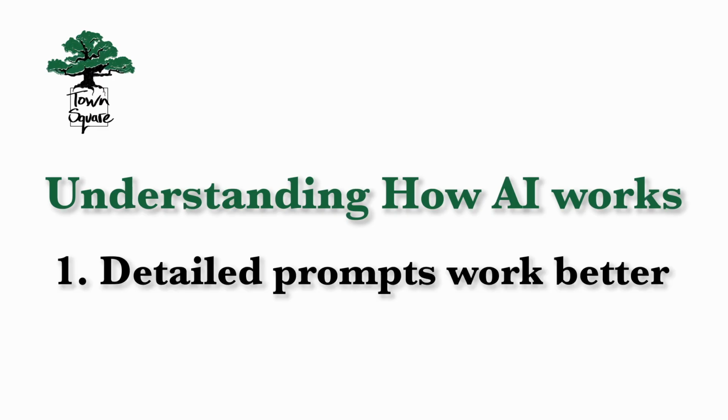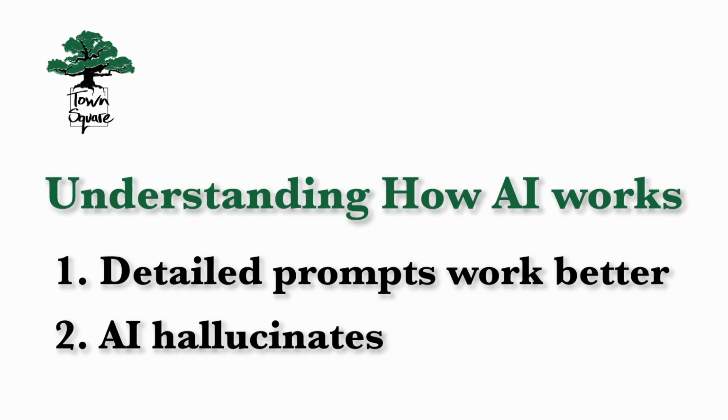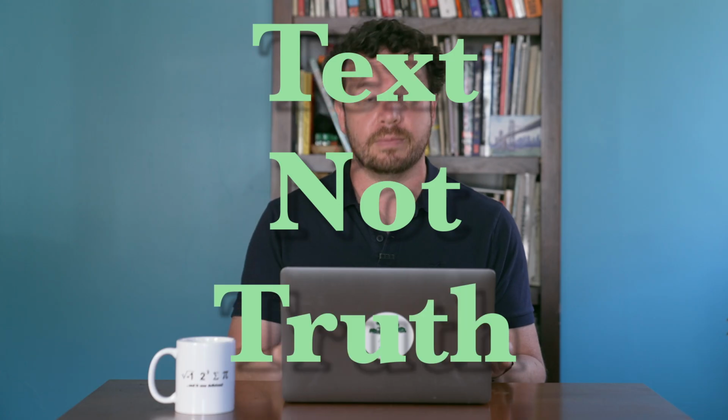So why do we care? Well, understanding this process is important for a few reasons. First, it explains why detailed prompts work better. You're giving the AI more context to make more accurate predictions for what you actually want. Second, it helps us understand why AI can sometimes hallucinate, which is just the tech industry's way of saying it makes mistakes but sounds really confident about them. All it's doing is predicting words that sound most likely, not what's necessarily true. So whenever I'm working with AI, I always just try to keep in mind that its job is to generate text, not truth. And this is why I can confidently say AI is not going to replace teachers.